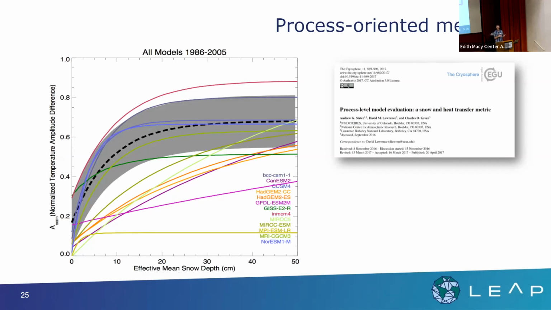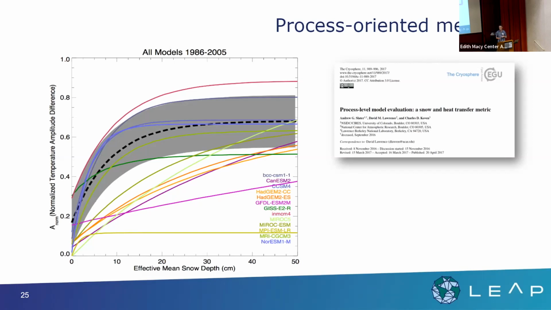When there's no snow, the soil temperature ends up being pretty close to the atmospheric temperature, as you'd expect. As you get more and more snow, snow provides insulation, so the ground temperature is going to be quite a bit warmer than the atmospheric temperature in winter. There's a Russian data set where they've tracked this for a couple of decades over many hundreds of sites in Russia. The gray and black line there is the observed relationship between snow depth and insulation.